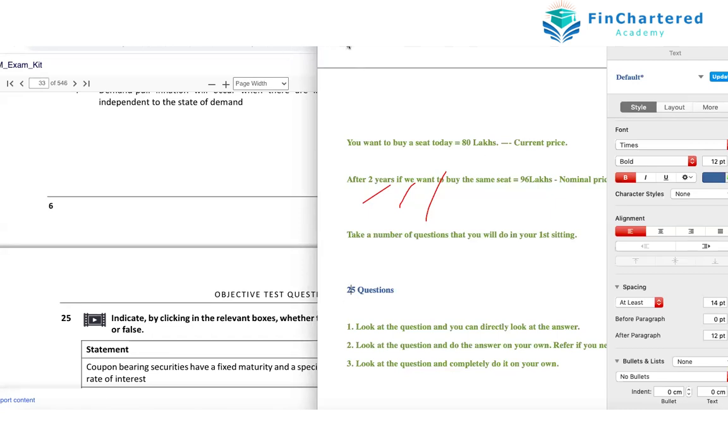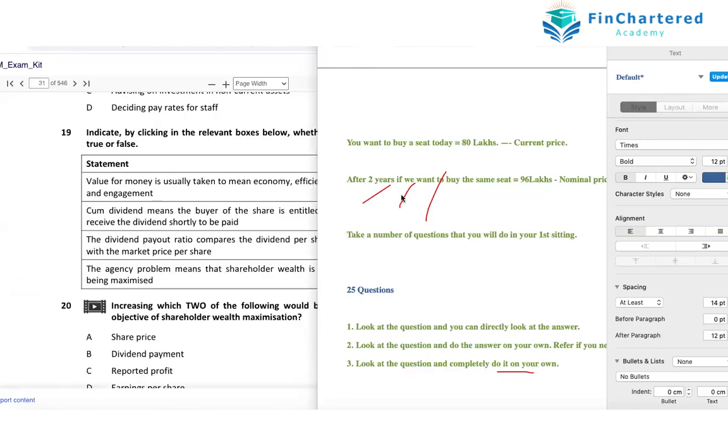At the end of the third time, if you don't understand the logic or the explanation behind a certain question, then you will mark that question. Suppose, for example, even after doing it as per this approach, question number 20 was very difficult and you don't understand the answer. Mark that question in a sheet. This is what my students have been doing for many years, in a sheet known as the difficult question sheet.